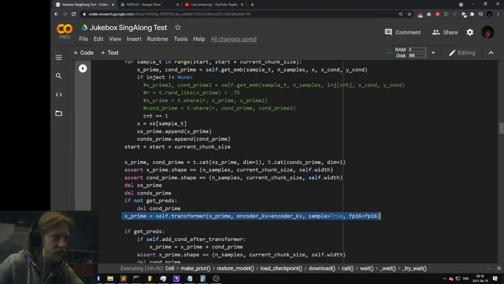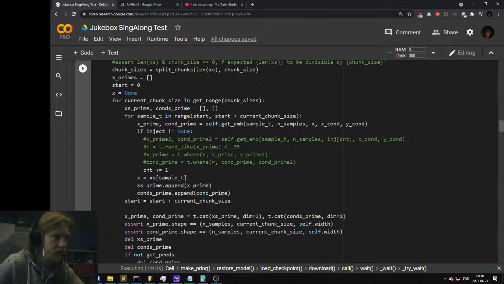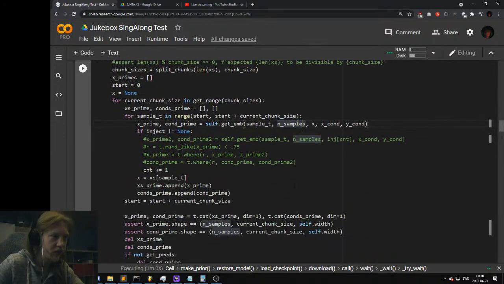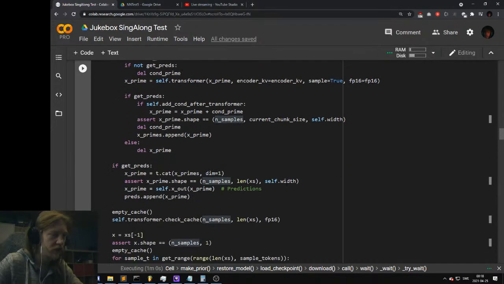That happens up here in chunks. It's all a bit wacko laid out here in the code, but